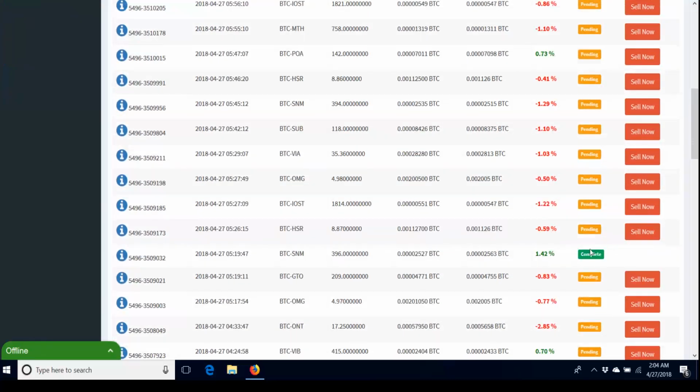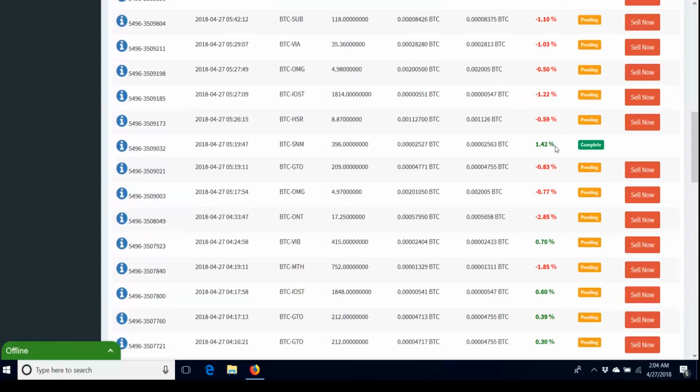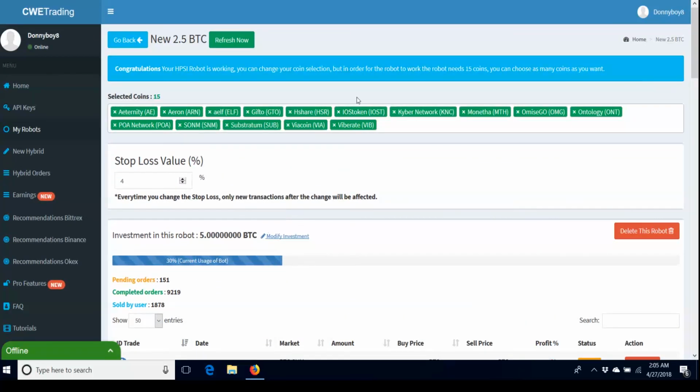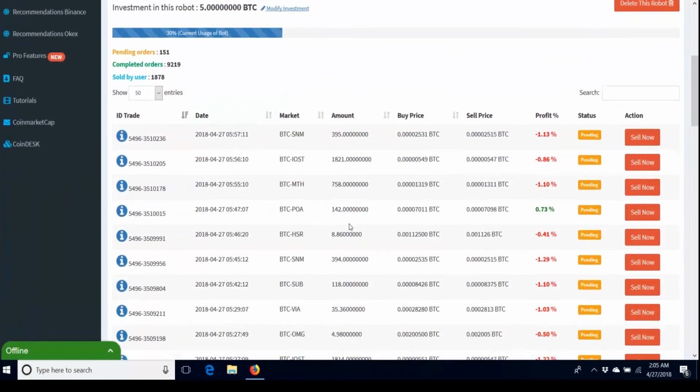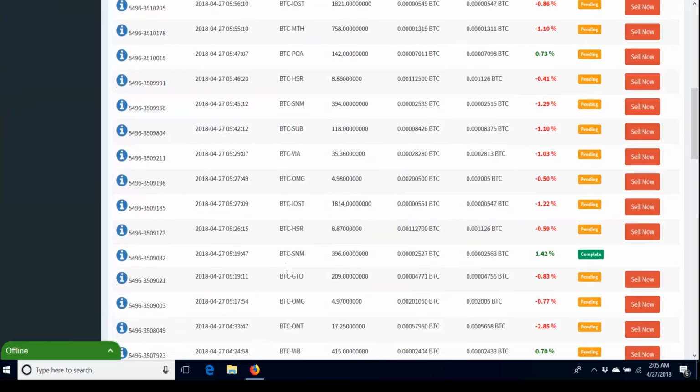You can see this one completed, it took the 1.4% profit on it. You cannot pick in this bot how much it sells at a profit in the automatic settings. That's unfortunate with this bot. You can't really change a whole lot. If you start wanting to change a lot, you're going to get into the other types of bots, which I have not used. I have not done the hybrid or anything like that. So if you're just using the full automatic mode, you don't have a lot of